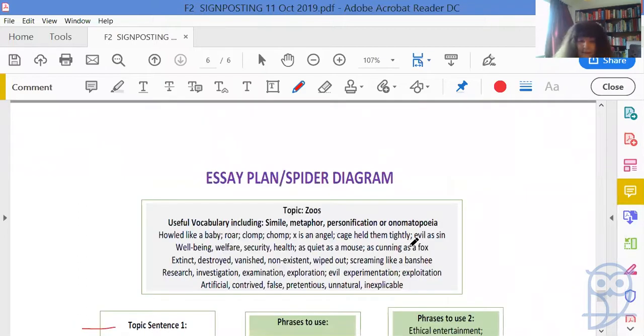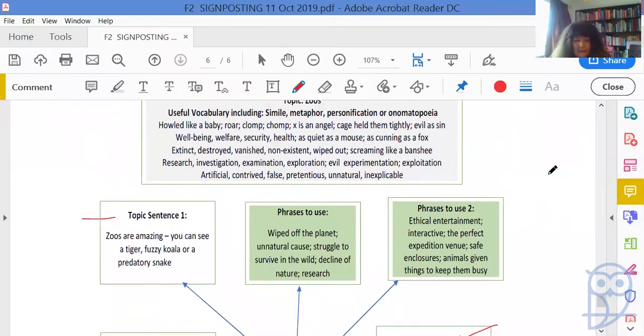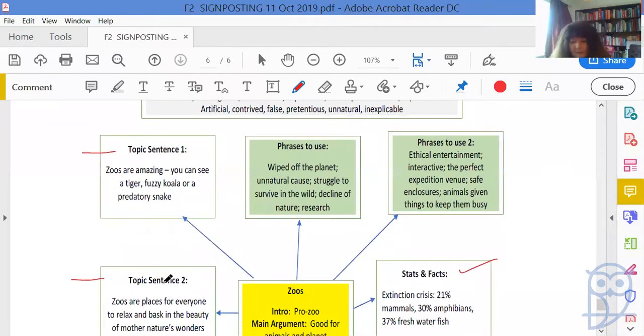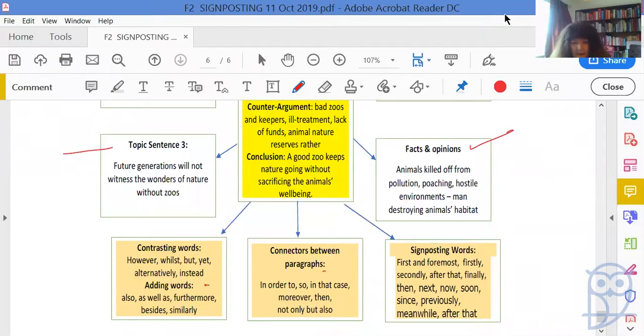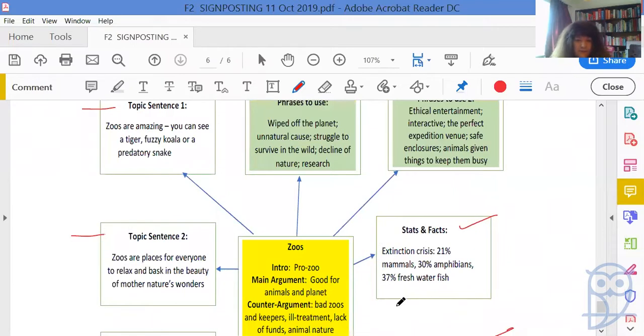So with your essay plan, try to do everything in advance. It's to your own benefit. It saves you the trouble. You're guiding, you're the driver of this whole essay. So you've got all your bits and pieces in the vehicle, ready to go. Okay? And it's just a matter of you writing it up.